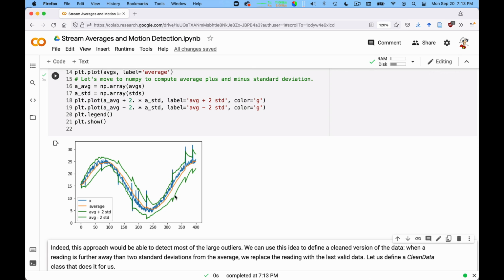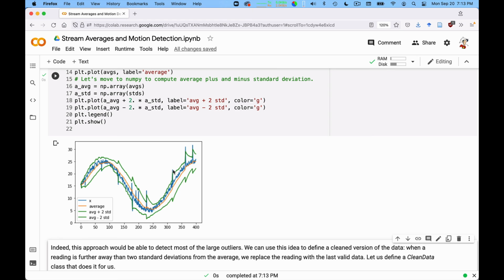Plus or minus 2 standard deviations gives you the interval around the average where roughly 95% of the data is. Okay, so we can say essentially that things that are outside of 2 standard deviations from the average may be fake signals. Okay, this doesn't remove all spikes, but you see that the big spikes are the ones that essentially punch through the green line, and the green line increases a bit as a consequence.